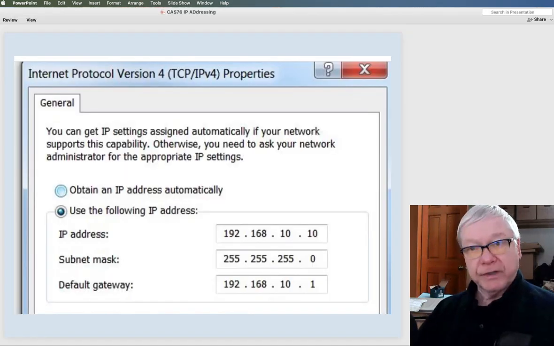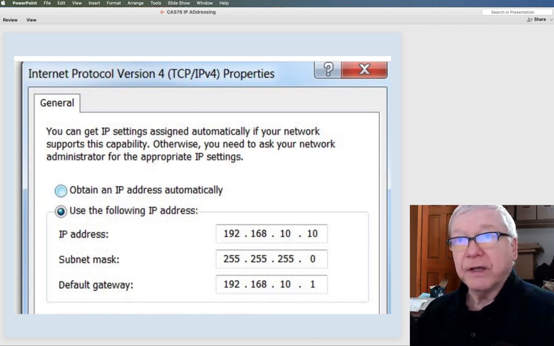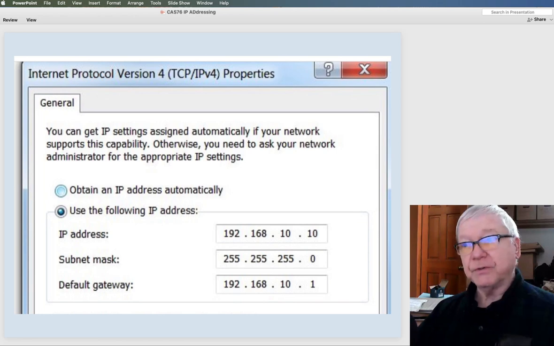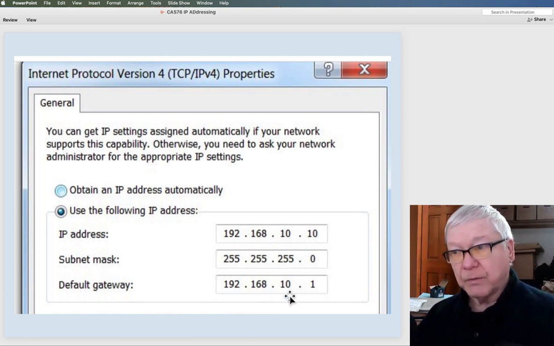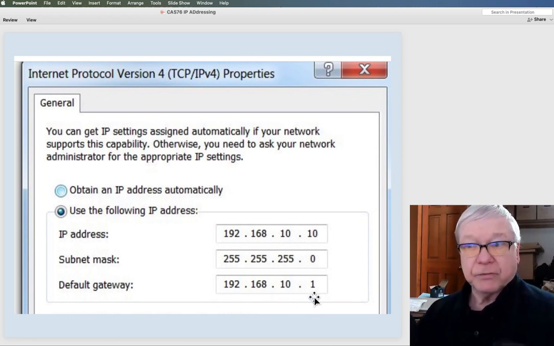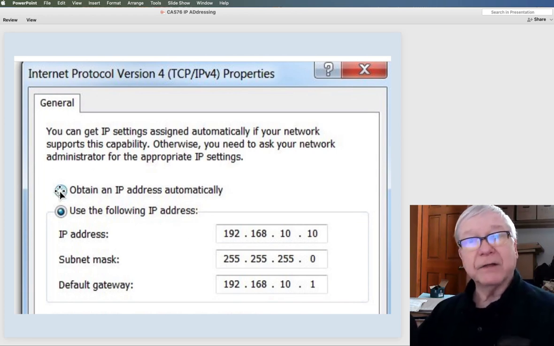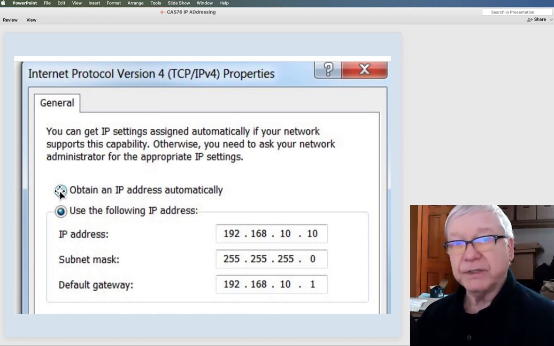So in terms of the operating system, if you are setting up IP manually, you need to know what the default gateway is going to be. Typically it's the lower addresses that are given to the routers. Subnet mask, what IP address we're going to do. If it's automatic, then we've been given that information from DHCP.